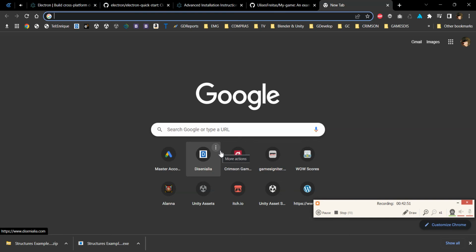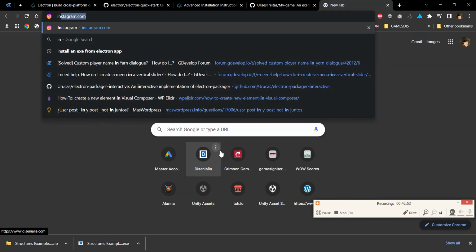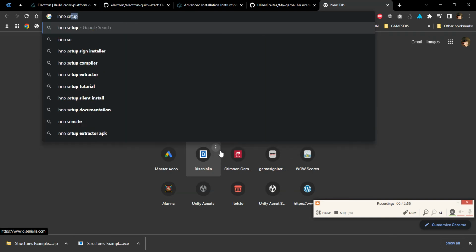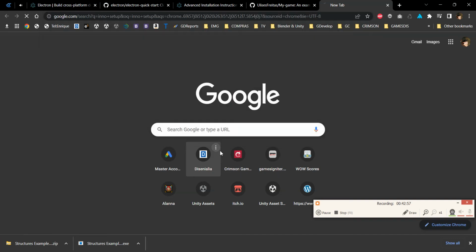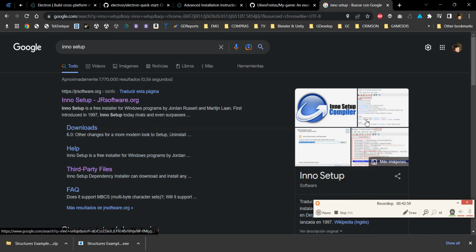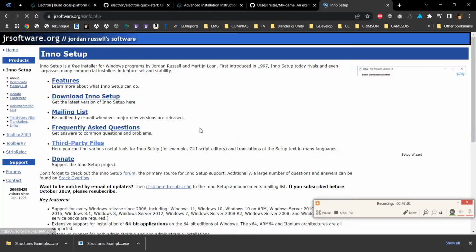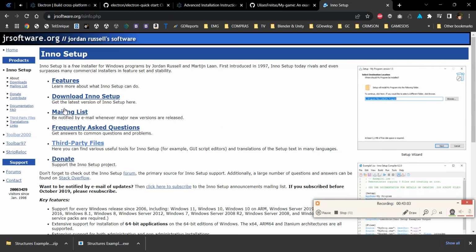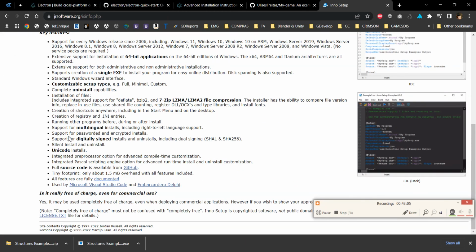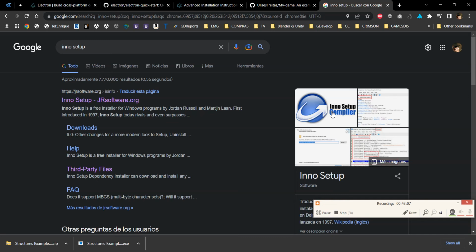There is some software like InnoSetup, I think, or Install Shield. There is a couple of them,